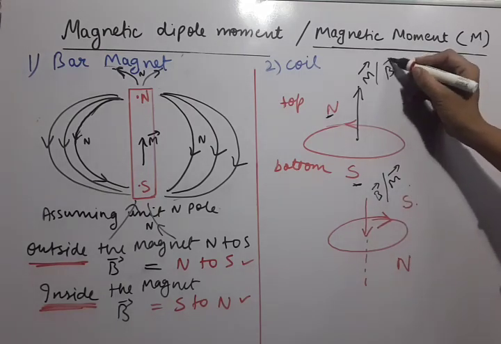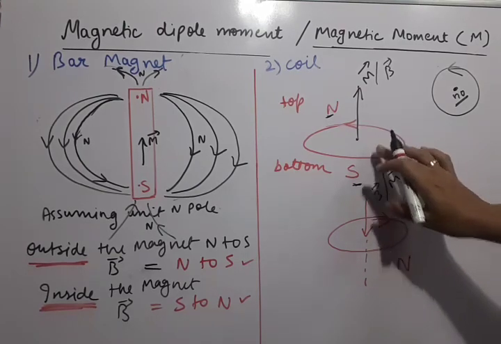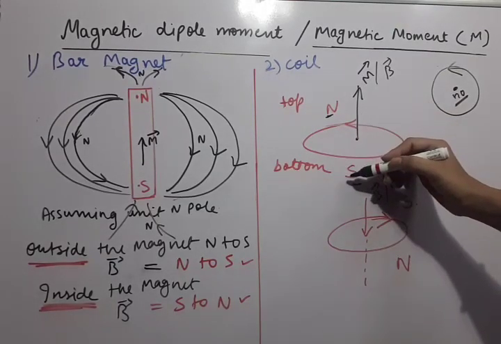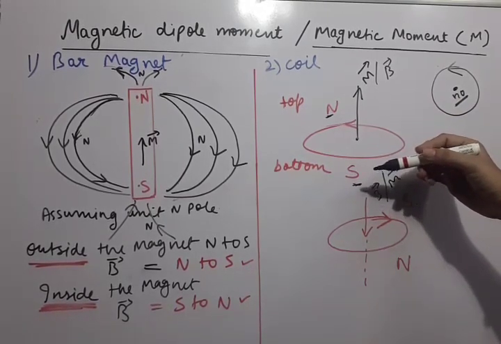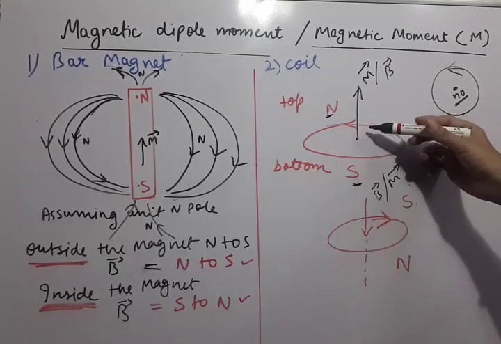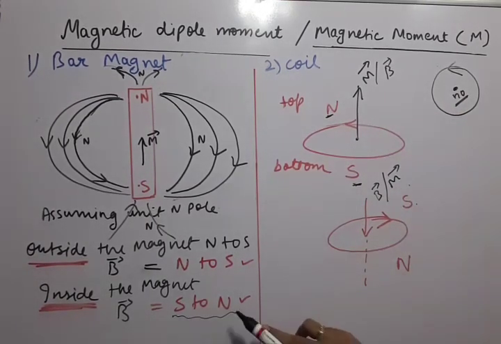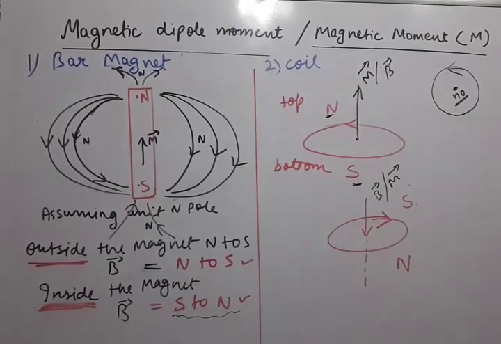Okay, here also. So this we have discussed, how a coil can have two poles. Every coil always has two opposite poles on its front face and back face, and depending upon which one is south pole and which one is north pole, the direction inside the coil will always be from S to N. You can see here, the direction inside will always be from S to N. So S to N, S to N, according to the current direction we have discussed.